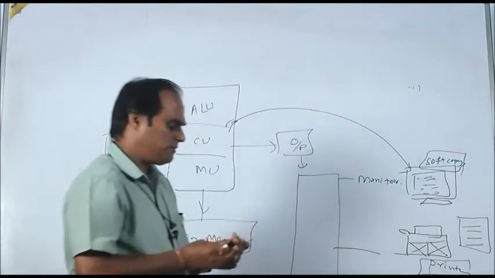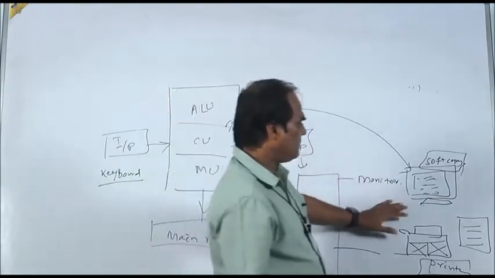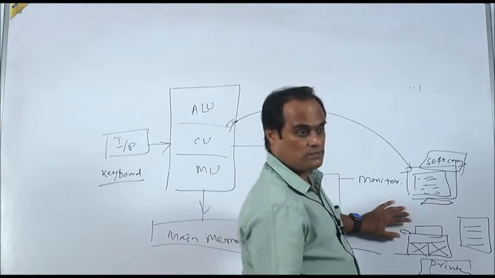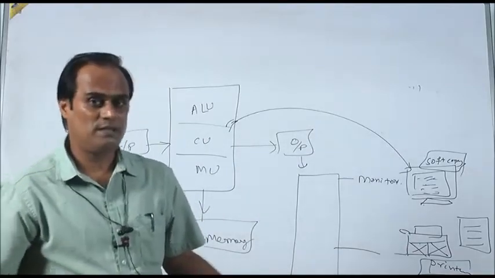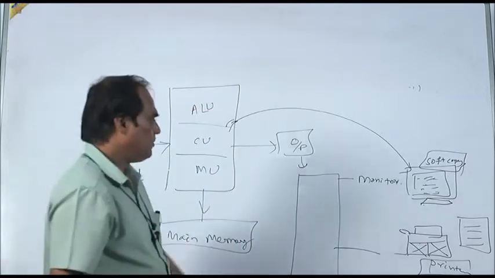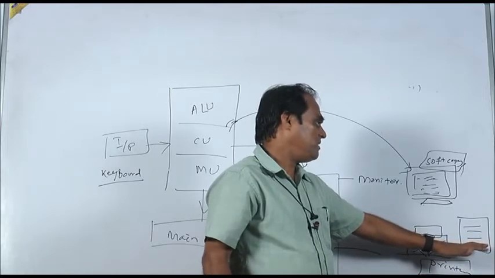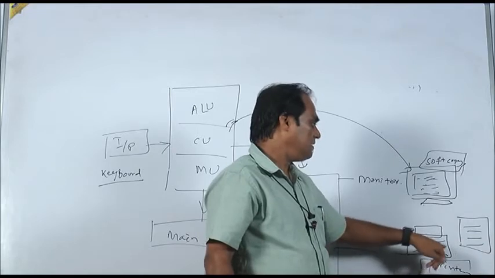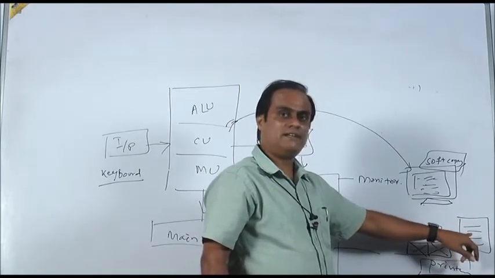Suppose whatever result I am getting from the computer, I want to get it on paper. So, I have to use the printer. That is why everywhere we are using the printer, for what purpose? To get the result in hard copy. So, that is why the printer is used for getting the hard copy. It is paper, that means whatever the result is, it is printed over the paper. So, the printer is responsible for printing the output or the result on paper.